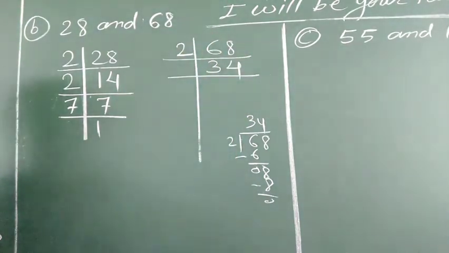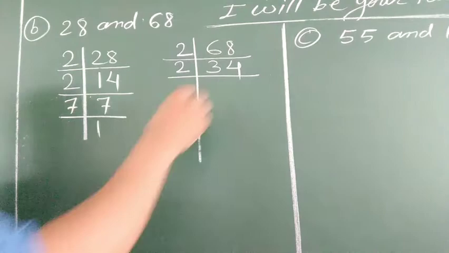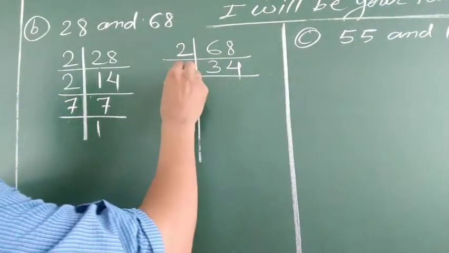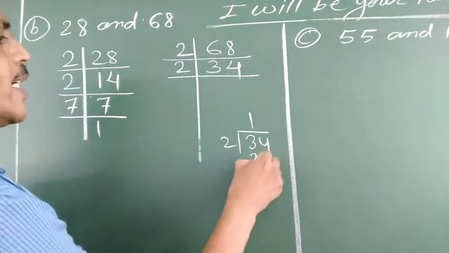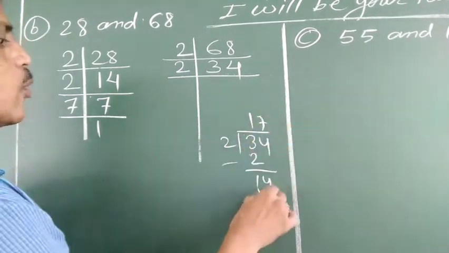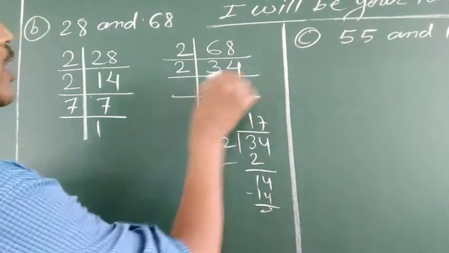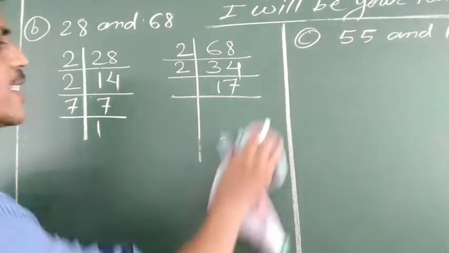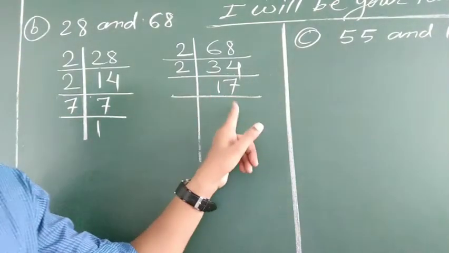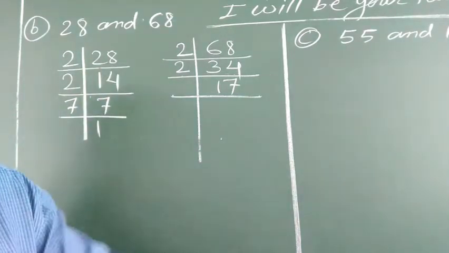It is 34 and then it is 2. Next, again you can divide this 34 by 2 because it is an even number. So now 34 by 2, 2 1s are 2 and 2 7s are 14. It is 17 now. Now see, 17 is not an even number, so we cannot divide 17 by 2. 2 से divide नहीं होगा. अब 3 से होता है देखिए तो.